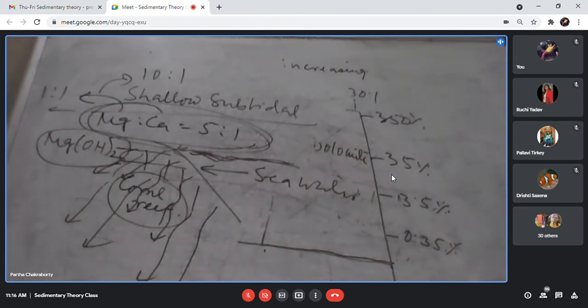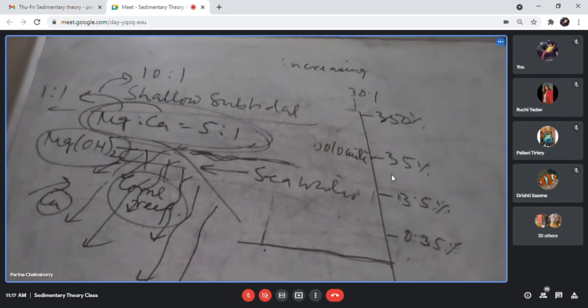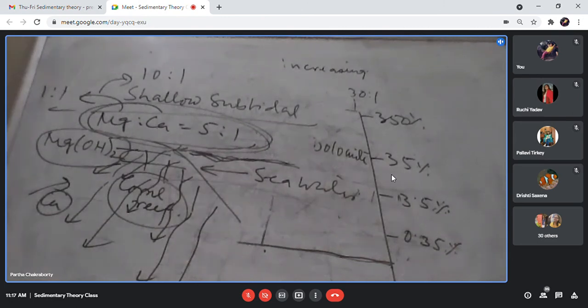So normally magnesium will not try to enter into the dolomite structure. It has a general tendency to combine with H2O and form Mg(OH)2. So at normal temperature, the dolomite that will be forming will be impure dolomite, with more calcium entering into the structure, so that will be more impure dolomite with high calcium content. But if you can increase the temperature at least up to 40-45 degrees,